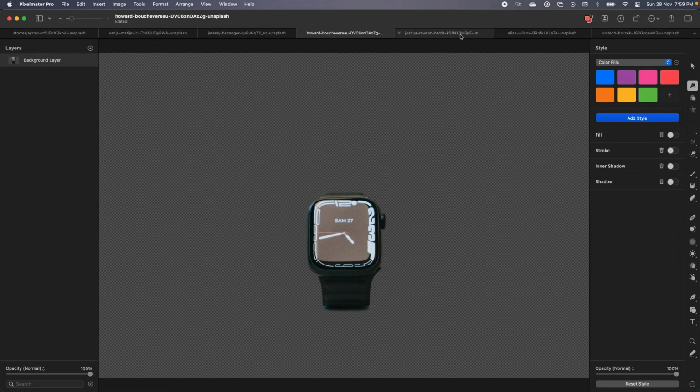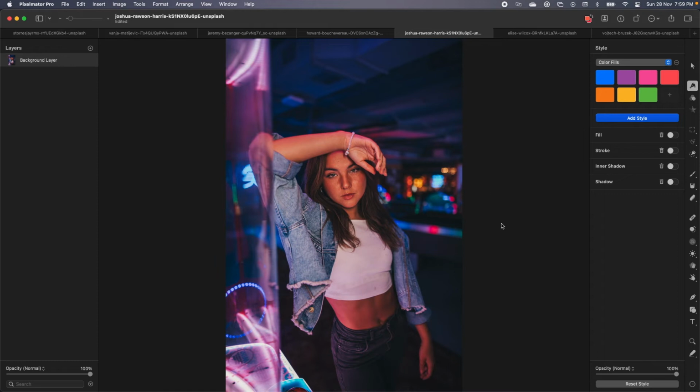But now the second phase is, let's see how well it identifies the humans in the picture, right? So let's look at this picture. This picture has a lot of different complications going for it, right? There is a girl sitting, has a bright light on her, but then there are a lot of background lights, and in the front also we have some things. So let's see if it's able to identify a human here and able to segregate the human from the whole surrounding.